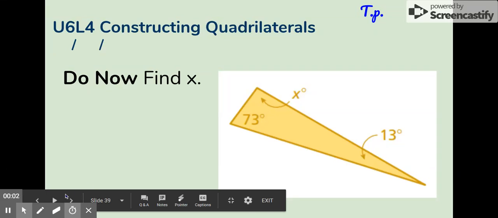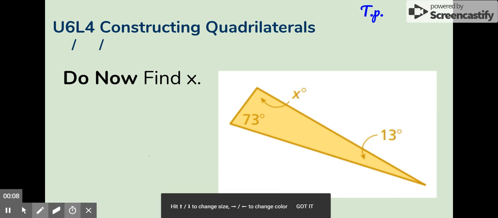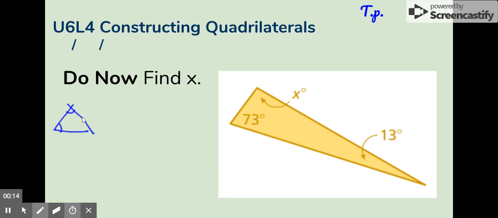We're going to talk about quadrilaterals today. Before we start, let's talk a little bit about triangles. So we talked about the interior angle sum of the triangle. When we have x, y, z, what was the sum of the angles in the triangle? It was 180. So I'm going to use this